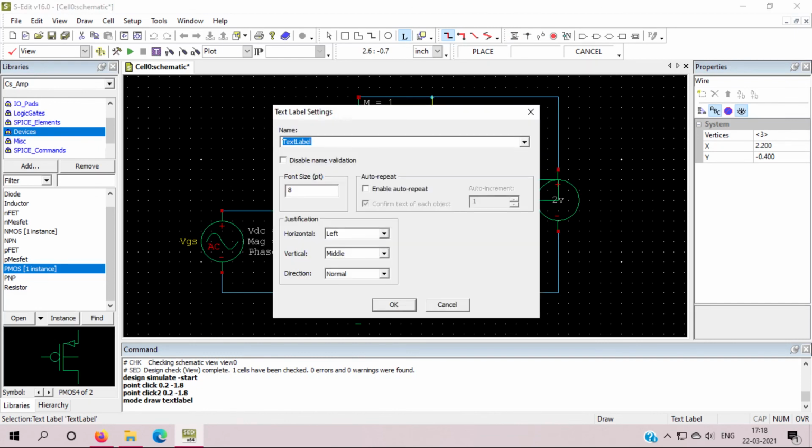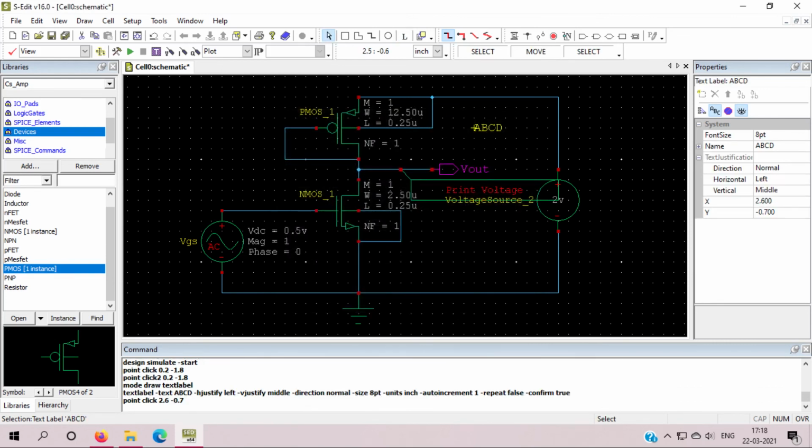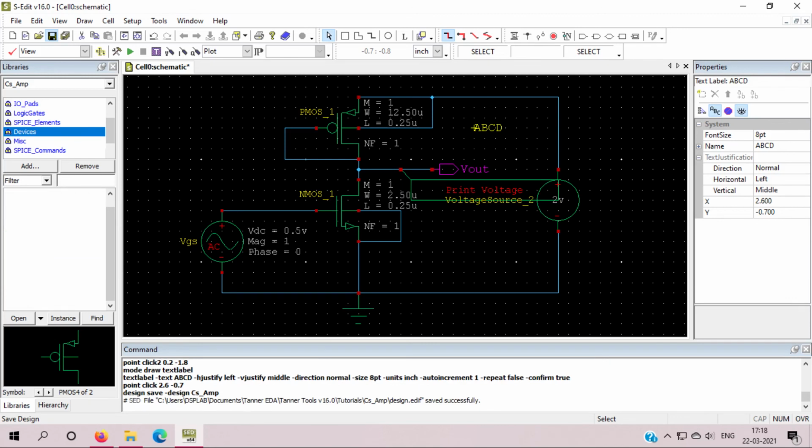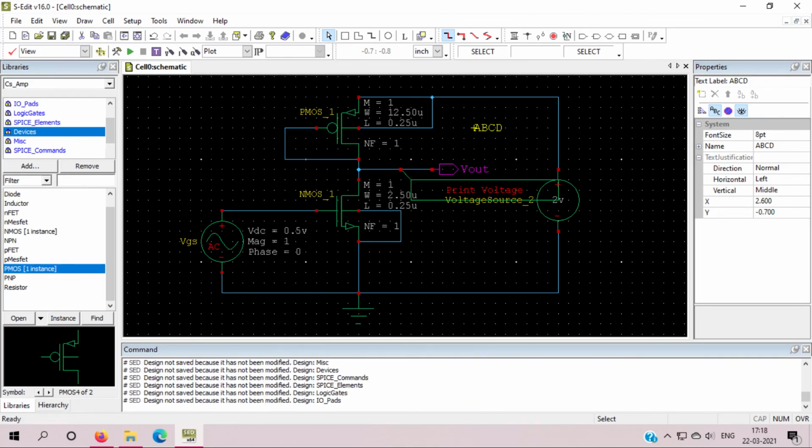You can text label this like A, B, C, D. I'm labeling this. And you can also write your name here, and you have to label this circuit, and then you have to include this in your lab report. First thing. Second thing, after constructing the circuit, you have to save this using this button, save the design and save the library. Okay. So afterwards, if you want to open this, you can open this circuit.